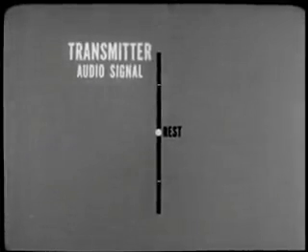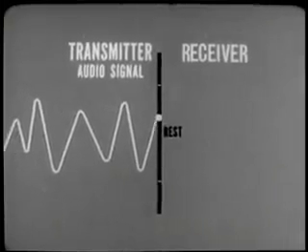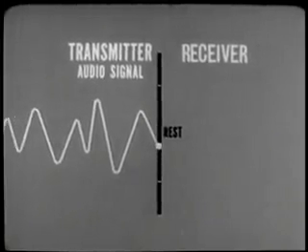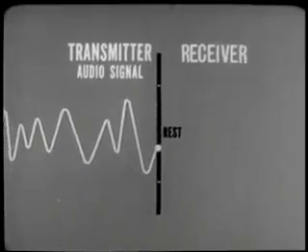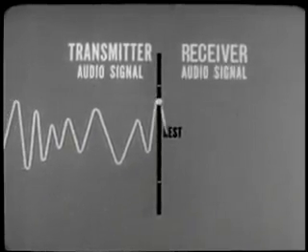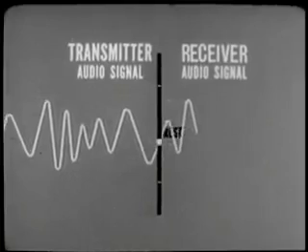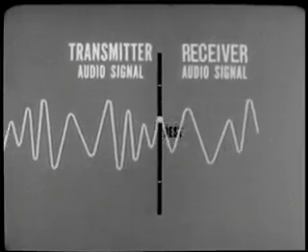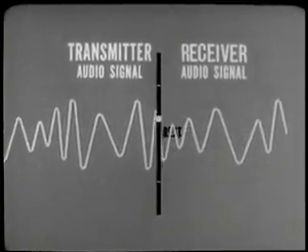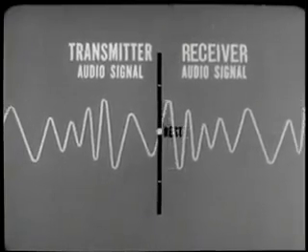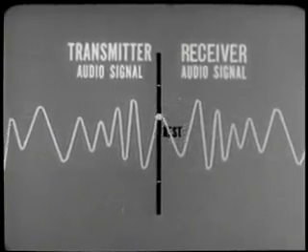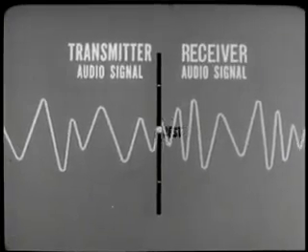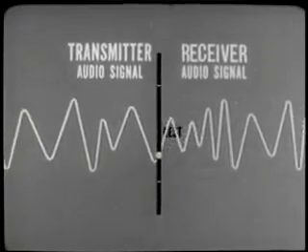The transmitter audio signal shown here modulates the carrier frequency. The audio signal causes the frequency to go above and below rest. This same FM signal arrives at the receiver with its peaks clipped by the limiter and its frequency variations changed to an audio frequency signal, as shown by the receiver audio signal. Note that the receiver audio is an exact replica of the transmitter audio signal, free of interference. The FM principle of radio communication demonstrated here is a practical, useful technique. It has made FM radio equipment an important part of the Army's overall communication picture.